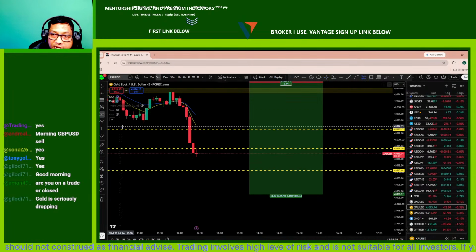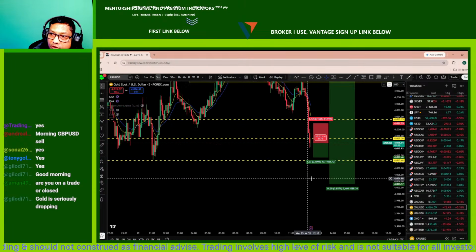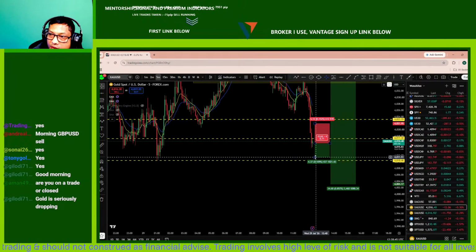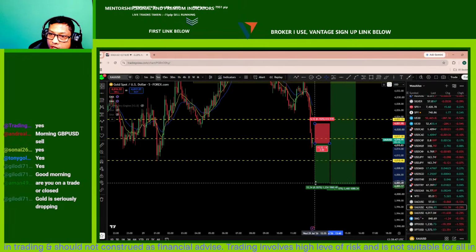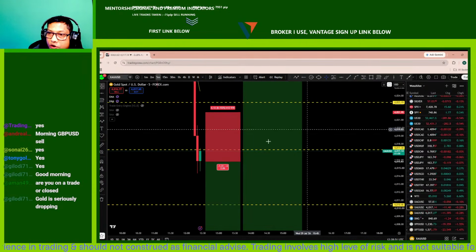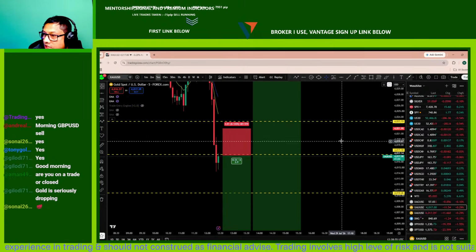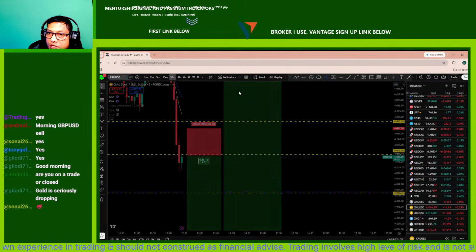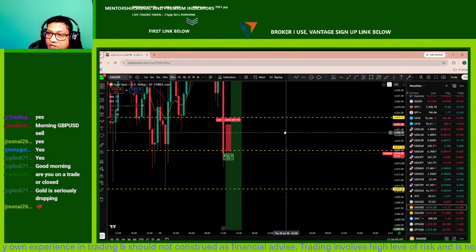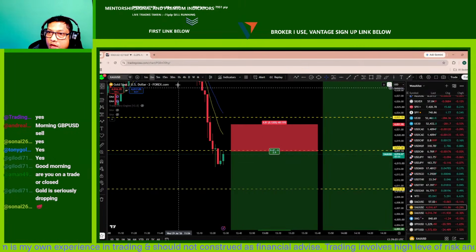So I'm not entering yet, but I'm ready. So I'm placing my entry level here, but I'm still not entering. I'm waiting for an entry, but not entering yet. Along this area, you guys could see that there is potentially a deeper pullback. The 30 minutes also shows a very large red move. And